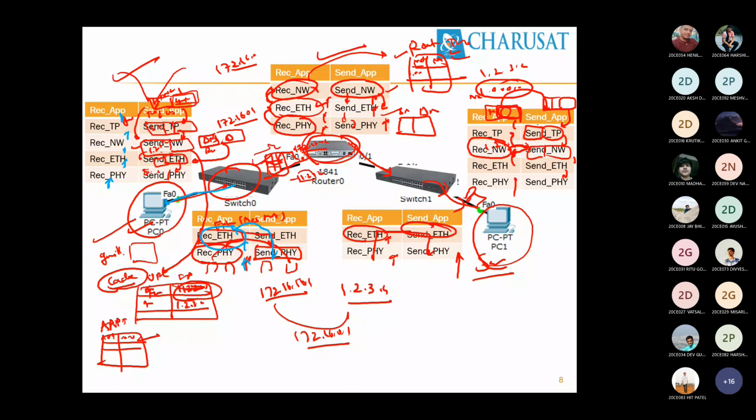Agree or not? Both are in RAM. If you restart your switch and router, what happens? Once it is restarted and booted, the switching table and routing table in the switch and router respectively will be empty. At the initial stage, the switching table and routing table are empty. How do we prepare entries in the switching table and routing table?